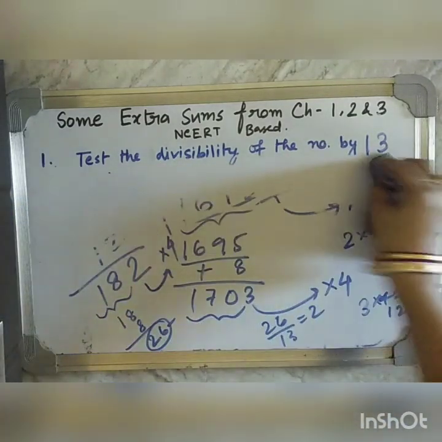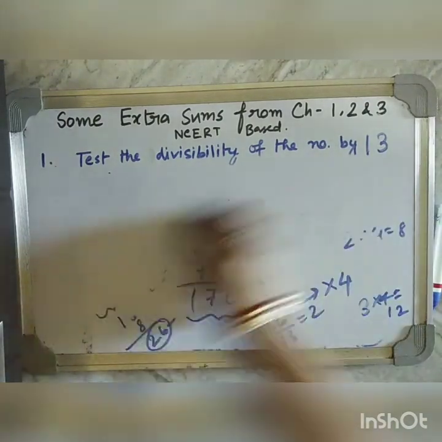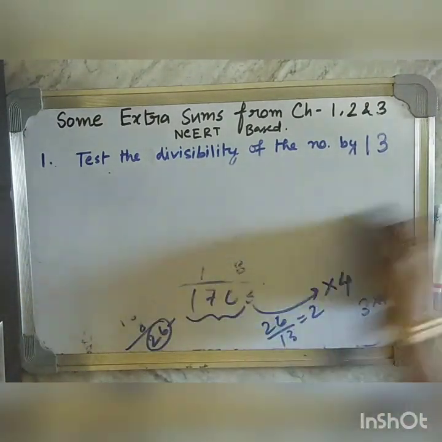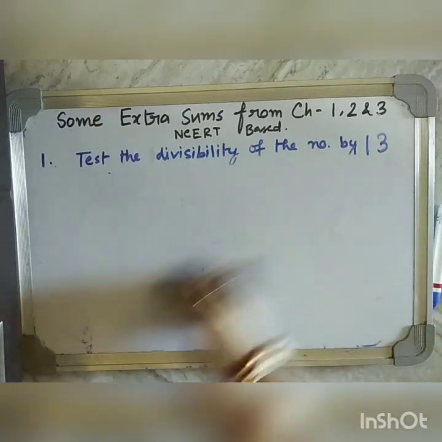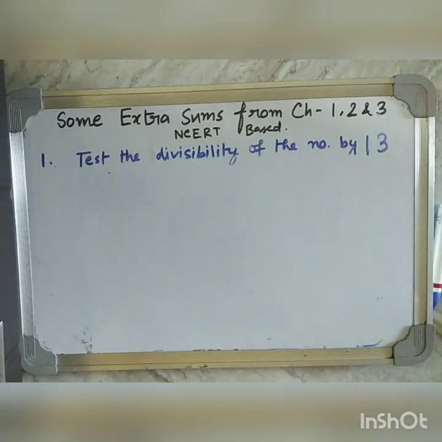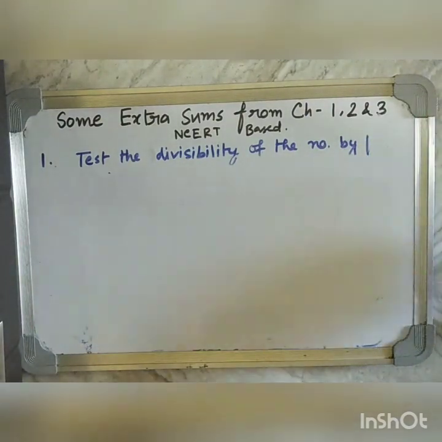In this way we can do this type of sums. Okay. This is also not in your NCERT book, but for your knowledge I am making you understand this. Okay, after applying the test of divisibility by 13 the first time, if the big number is coming again, then you can minimize this number by applying the test of divisibility by 13 again with that. Okay, now we will test the divisibility by 14.